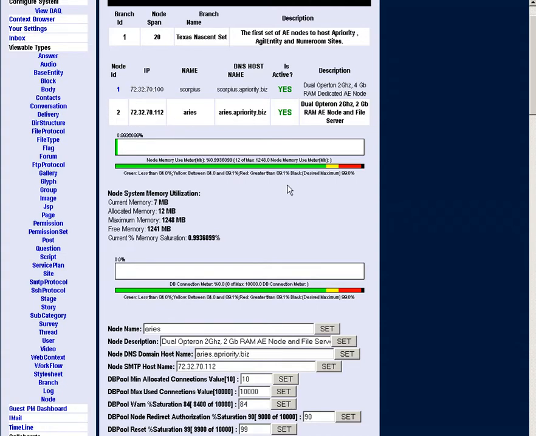So what we'll see here is a description of the amount of memory that's used. Current memory, 7 megabytes. Allocated memory, maximum memory, free memory of the amount of RAM allocated to the JVM, and then the memory saturation percentage. And below this meter is another meter which describes an even more interesting attribute of running a web system, and that is how the